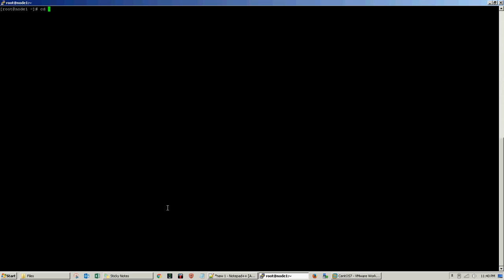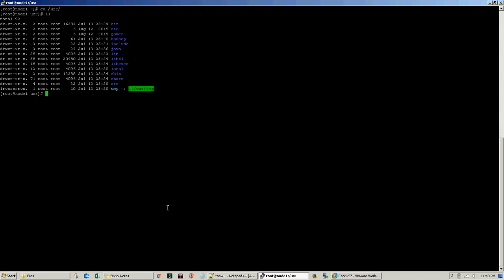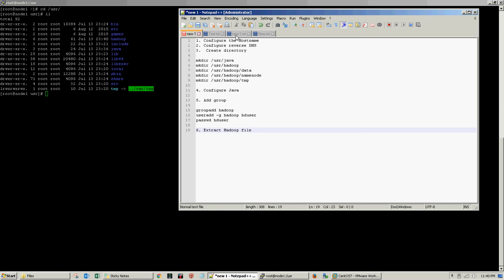Now you can go into /usr, then you will see there is the Hadoop file. As we are seeing, this Hadoop file has only root permission, but we need to give the permission to sduser and group hadoop. So we will use the command